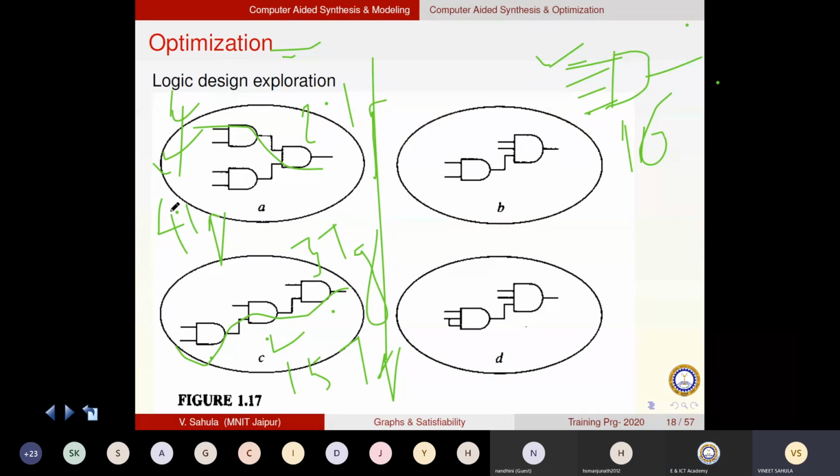So all 16 inputs will be from the left side. How many gates do I require immediately? 8 gates, to consume 16 inputs. For 8 gates, outputs will be 8. I further require 4 more gates, then 2 more gates, and lastly 1 gate. So how many levels do I have to pass through? 4 levels. This 4 is actually log of 16. So the number of levels L required on the upper side will be log of the number of inputs, right? Log of number of inputs.